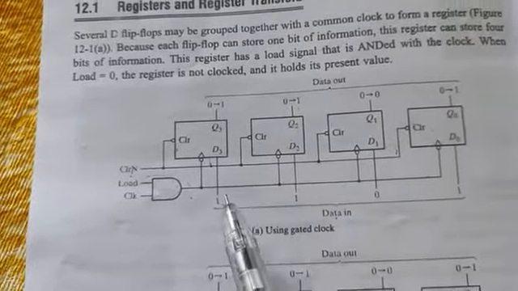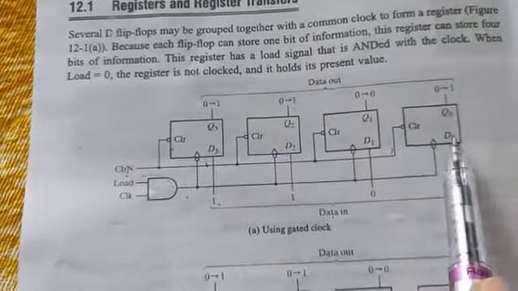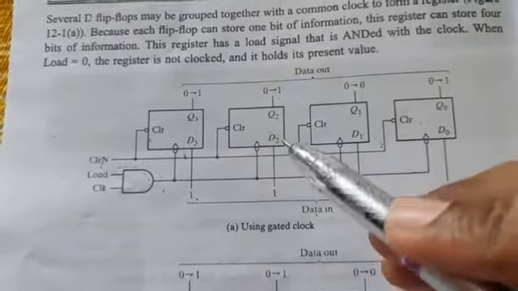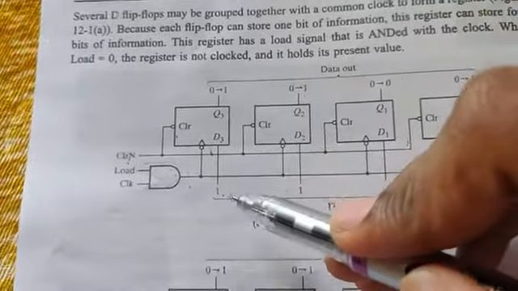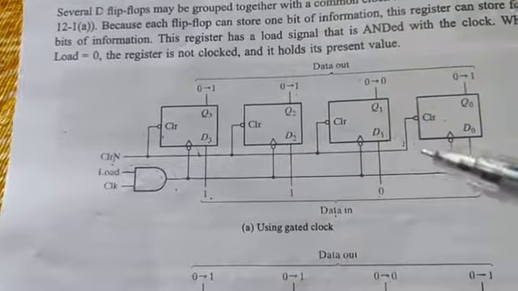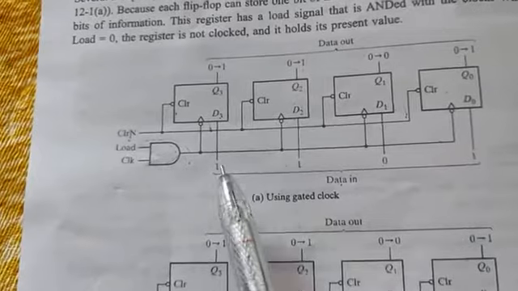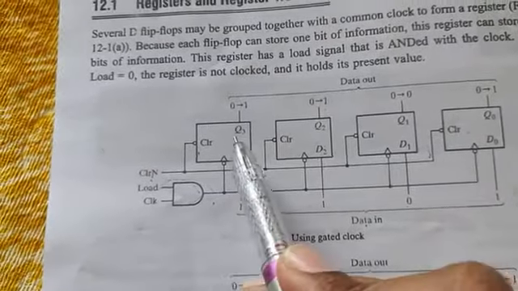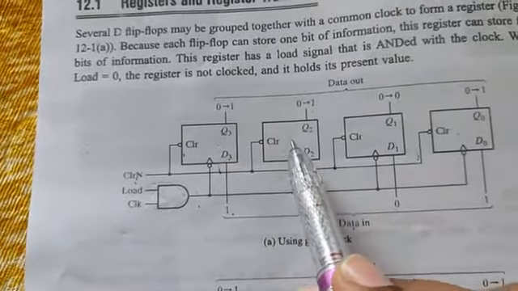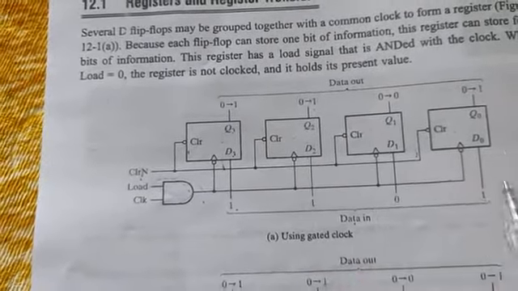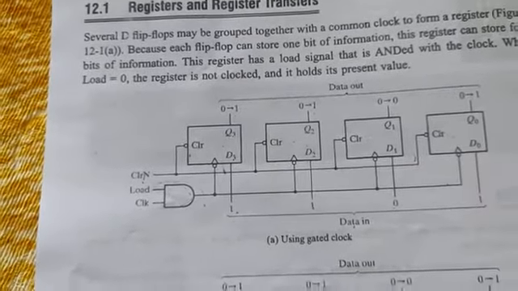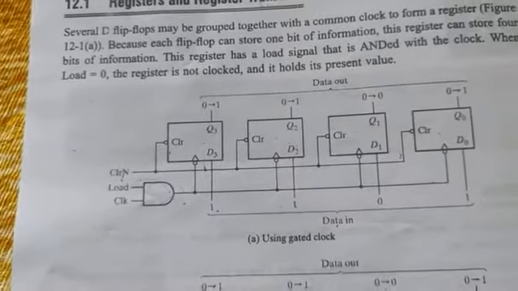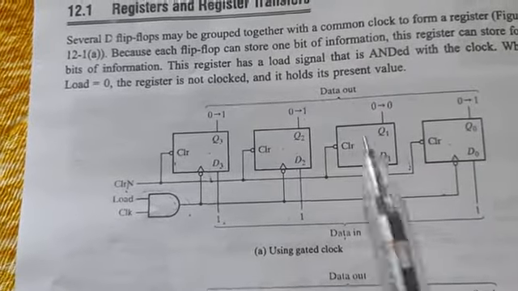So look at the data D3, D2, D1, D0. All these 4 data inputs: D0 is one data input, D1 is one data input, D2 is one data input, D3 is one data input. So look at this, 1, 1, 0, 1. These 4 are data inputs. When the clock pulse is given, this 1 will be clocked out to this flip-flop, this 0 is clocked out to this flip-flop, and this 1 will be passed out to this flip-flop. When does this particular flip-flop accept the data input? It accepts the data input when the clock pulse is given.